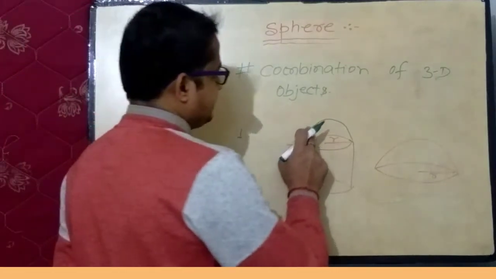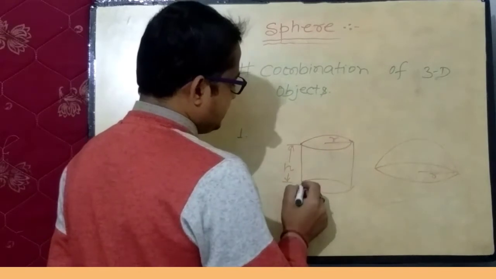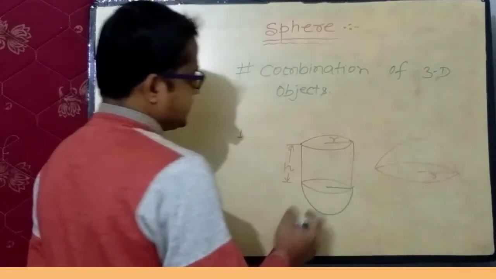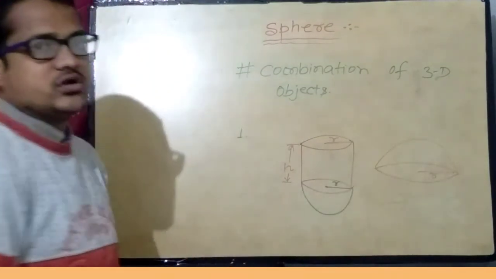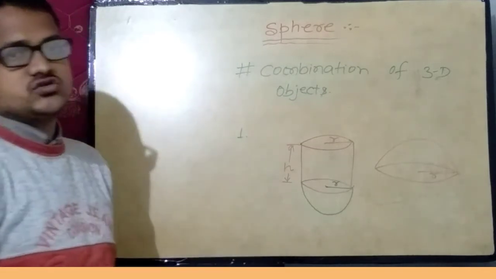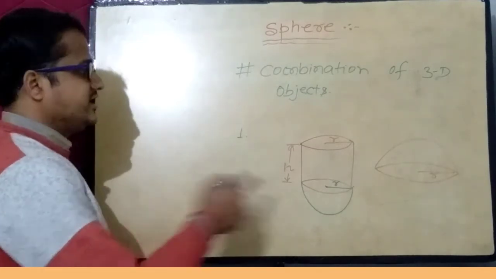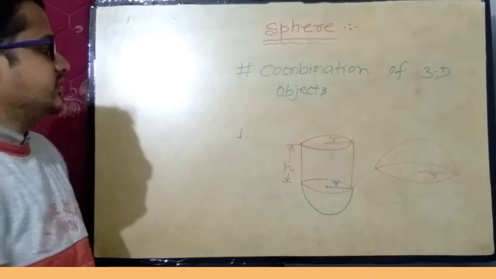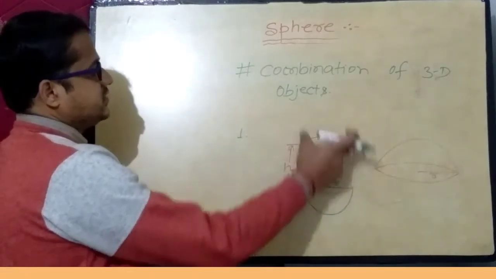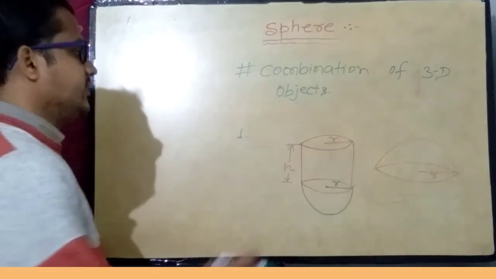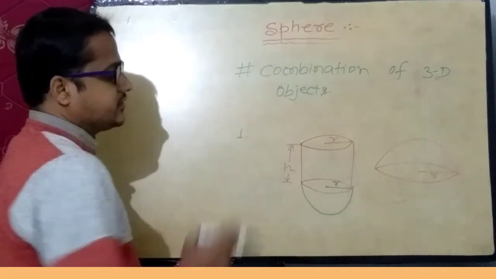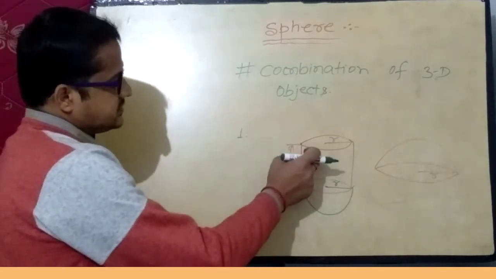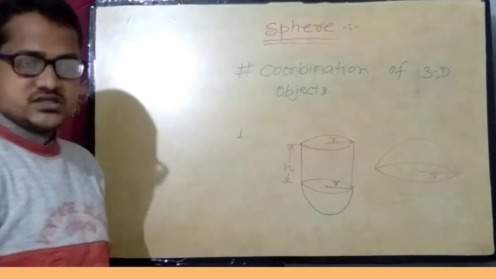Second case is, if I am putting this cylinder on this hemisphere having radius small r, then this is the second combination of this object, but previous one and second one both are similar. This is the difference in representation. In previous case, hemisphere was lying in top portion, but in this second case hemisphere is lying bottom to the cylinder. Now in this case cylinder is surmounted on the hemisphere.